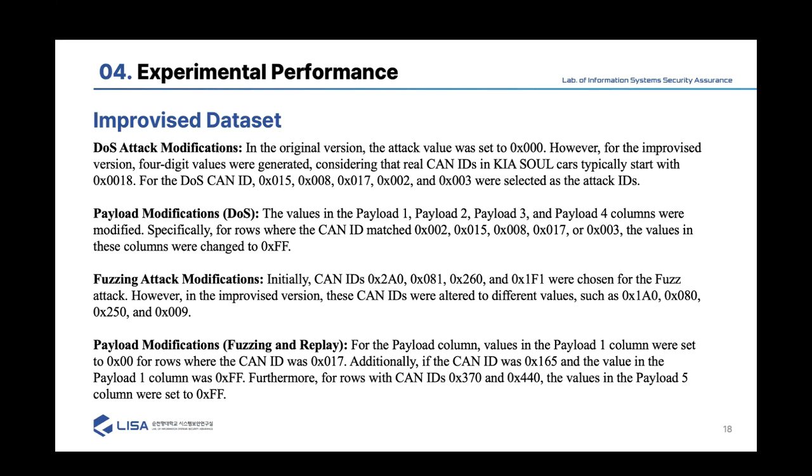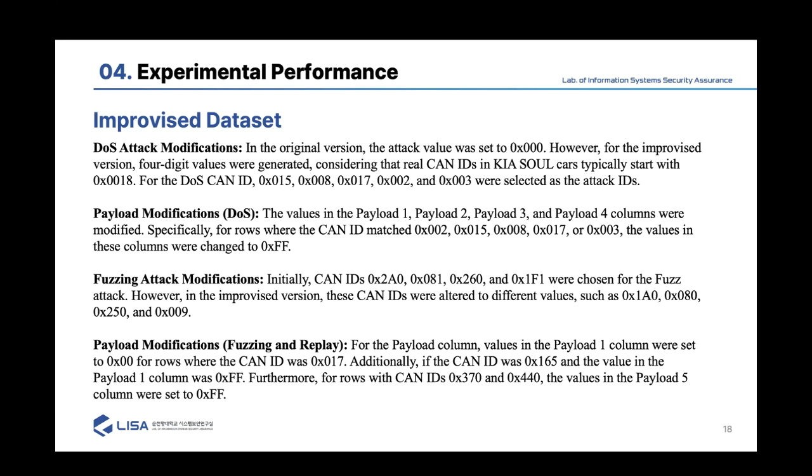In the improvised version, those CAN IDs were changed to 1A0, 1080, 250, and 009. For payload modification, the values in the payload columns were set to 00